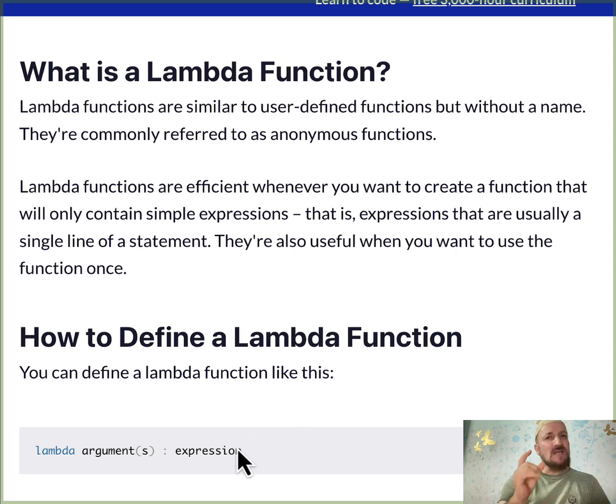It's a single return kind of thing, and there are no parentheses in fact, and there could be as many parameters as you like, what you call arguments. But there's a keyword called lambda. The moment you use lambda,